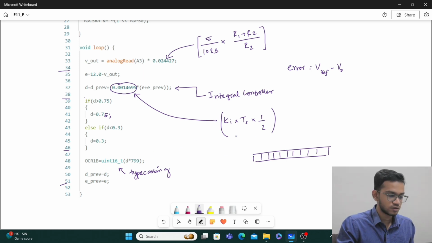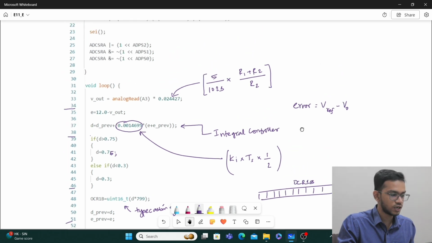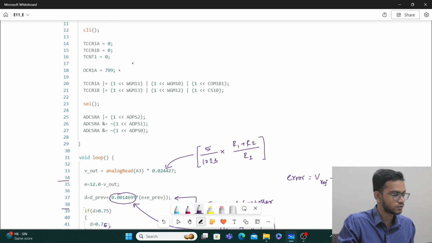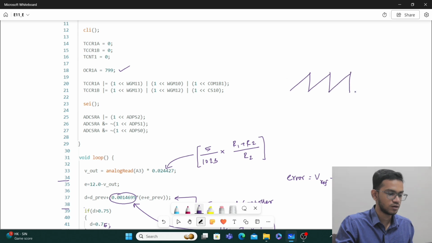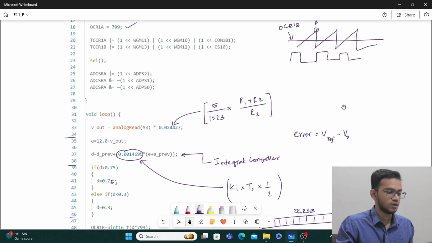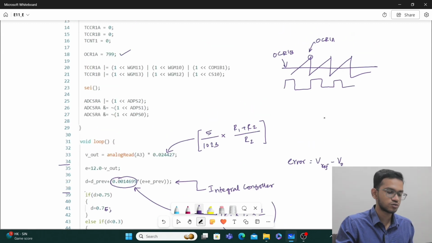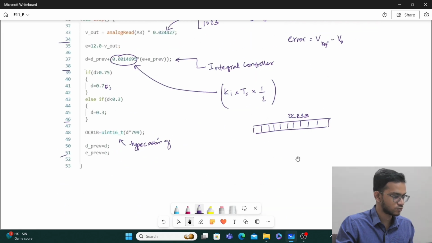Once this is done, this is your OCR1B, and OCR1A is already declared earlier in this stage. Now OCR1B and OCR1A together will produce your PWM. This top value is stored in OCR1A, which is 799, and this duty ratio value is stored in OCR1B, and this will produce you a PWM like this. We have seen about this also in one of our previous videos to a very